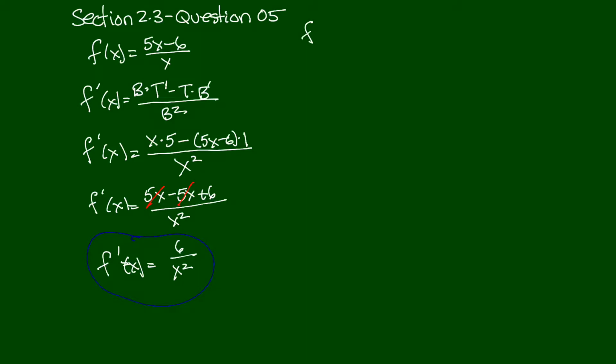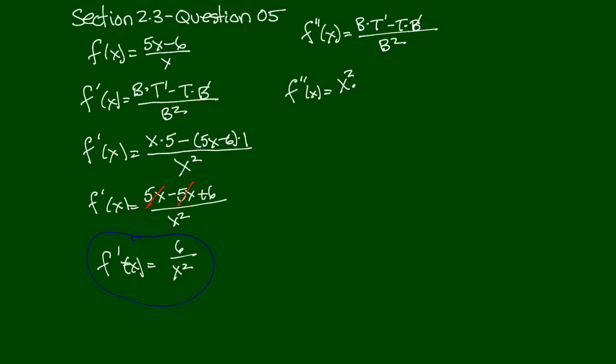Let's go for the second. I'll do it up here. F double prime is, all right, now it's the quotient again. So I'm going to write this, I just like the templates in front of me. The bottom times the derivative of the top minus the top times the derivative of the bottom all over the bottom squared. So the second derivative here is, all right, it's the bottom, x squared, times the derivative of the